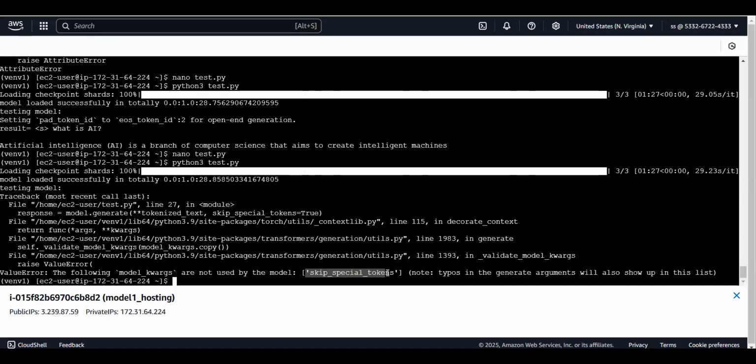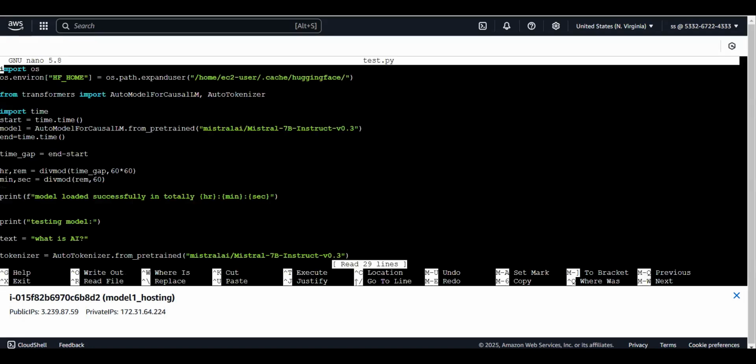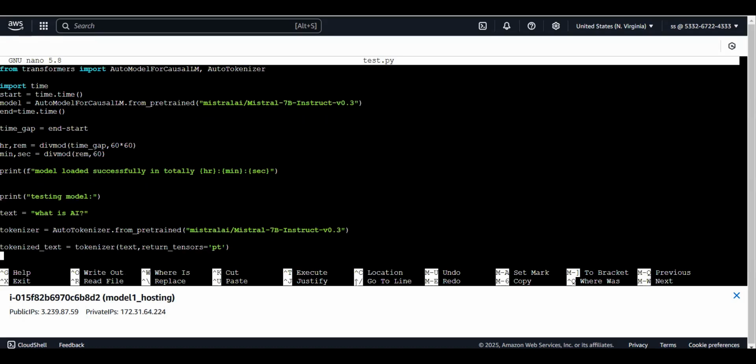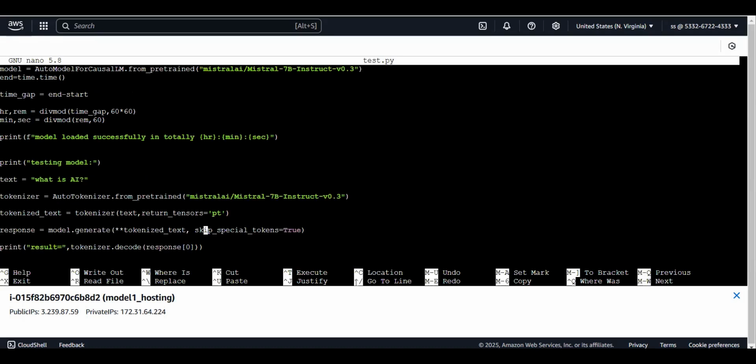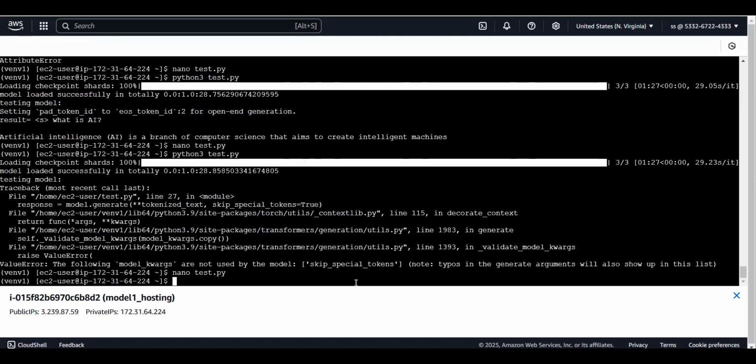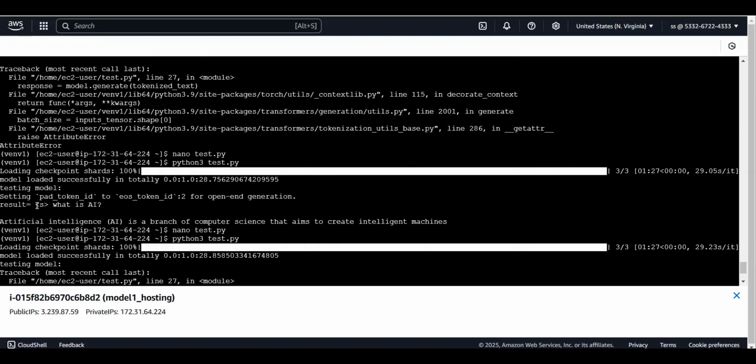I think we are not supposed to use this as a keyword argument. So let's remove it, whatever the argument that we provided, that is this skip special tokens, and let's save it. And okay, now let's host it, because our model is running